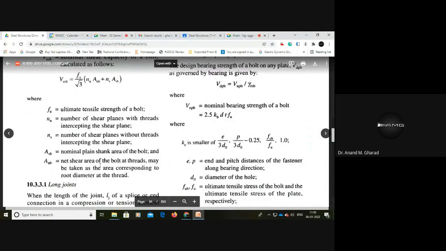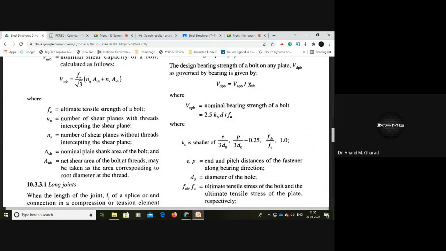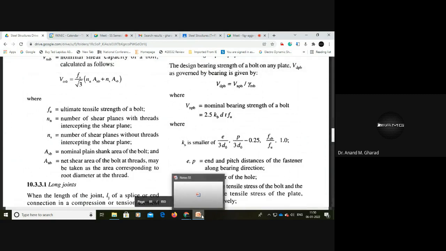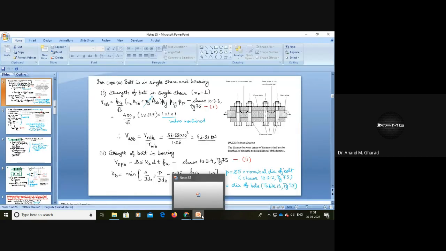ANB is the net shear area of the bolt at threads, which may be taken as the area corresponding to the root diameter at the thread. This is very difficult to understand. How to calculate the root area at the thread, the root diameter at the thread? So, what is done? This value of ANB is calculated, and that calculation is